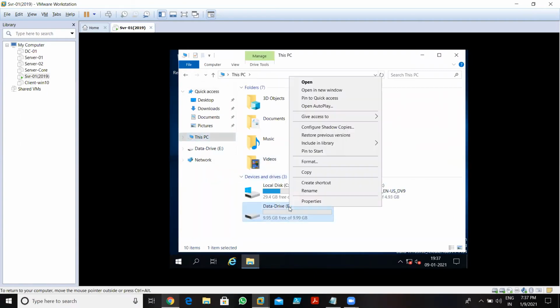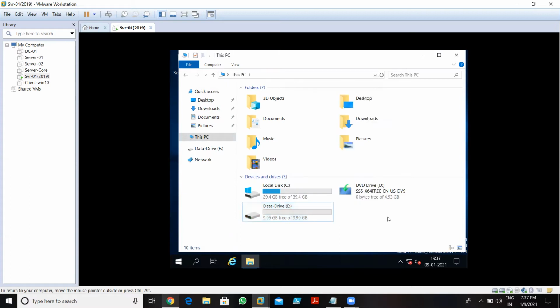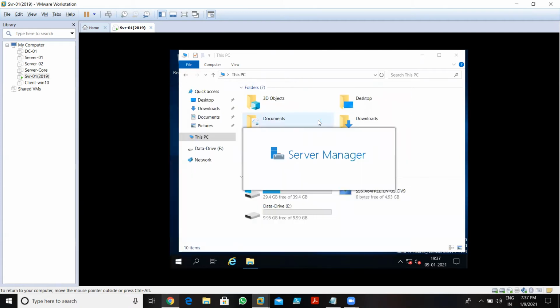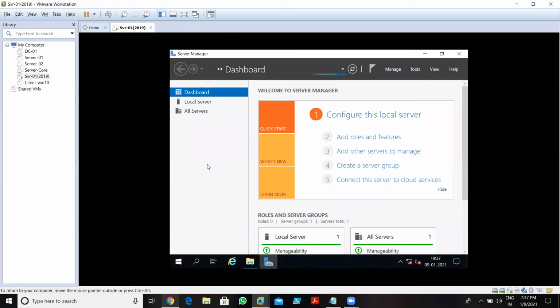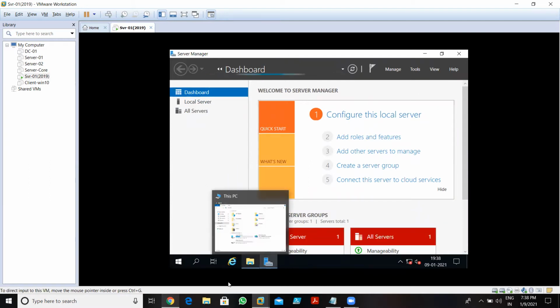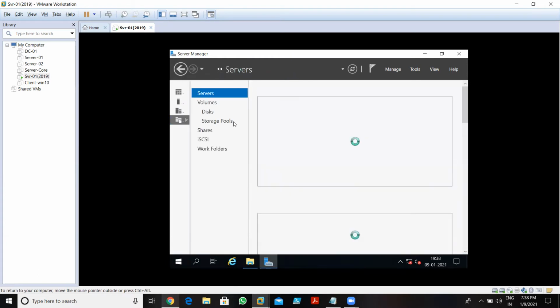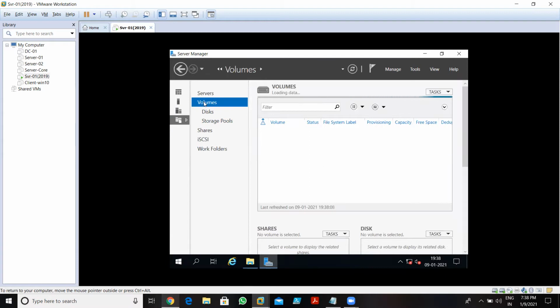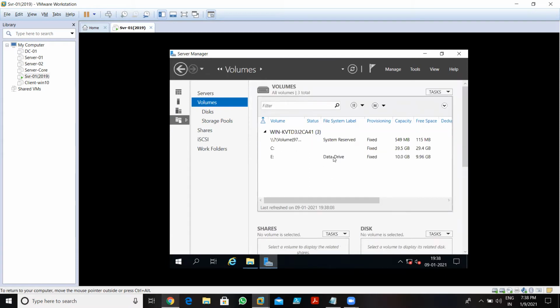It does not show the option in My Computer, it shows over there.